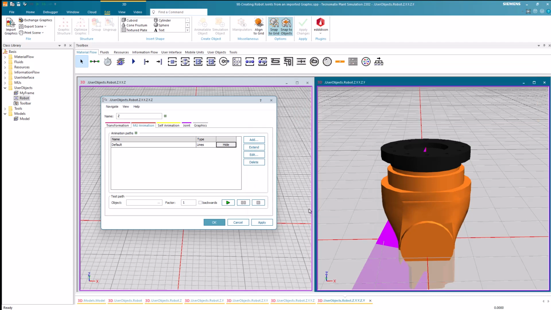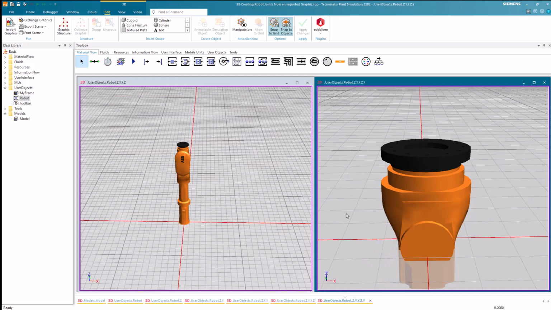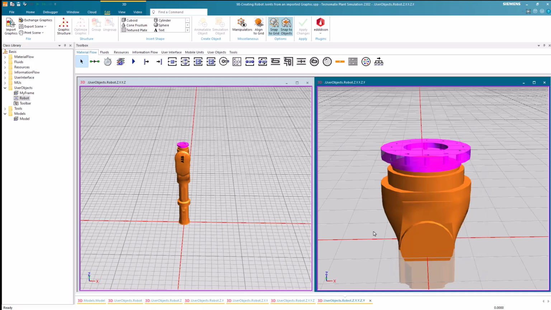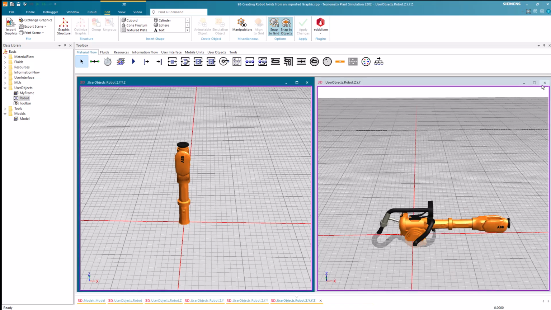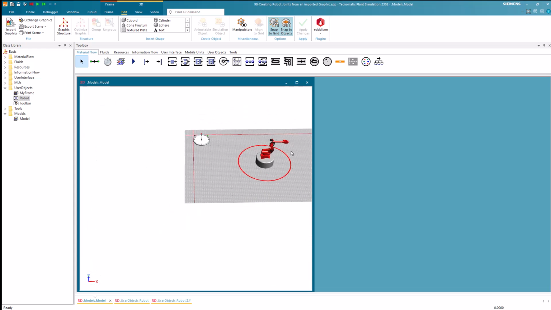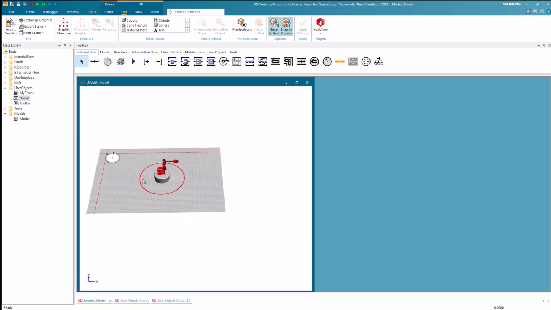Since we want the parts to be animated on the last joint, we need to enter the last joint as the animation object. We can simply do this by right-clicking on the last joint and selecting Use as Animation Object. We now close the dialogues and switch to our model frame. Here we open the Show Graphic Structure dialog of the robot and expand all nodes.